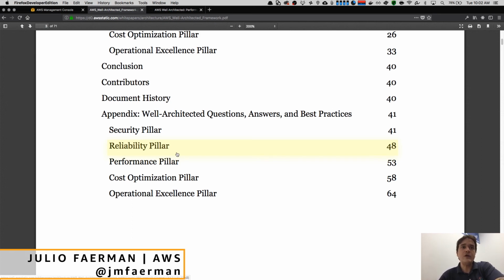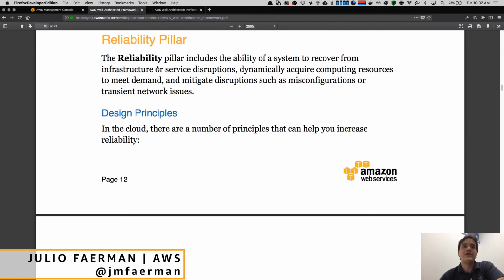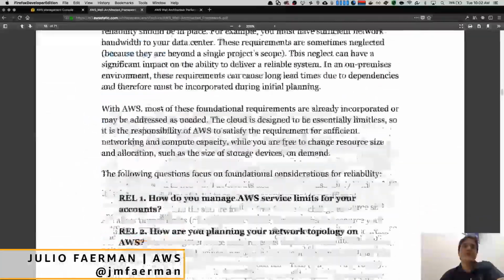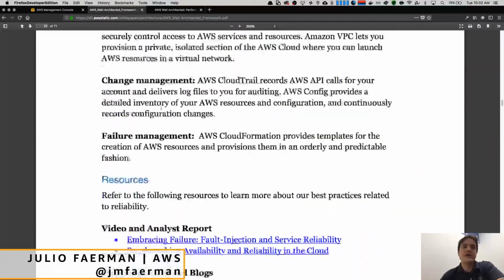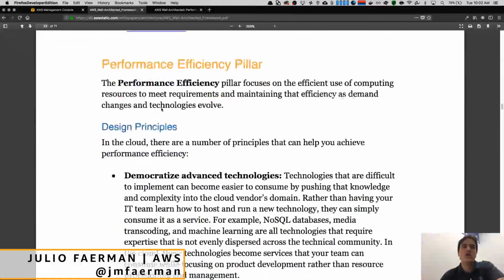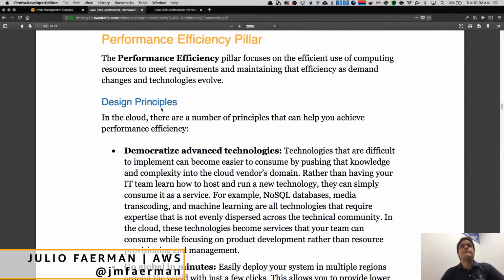And today we'll be focusing on the performance pillar, and there is a lot to that. So let's jump to the performance pillar section and their questions. We did reliability last week, so now we'll address performance. And just like the other pillars in the